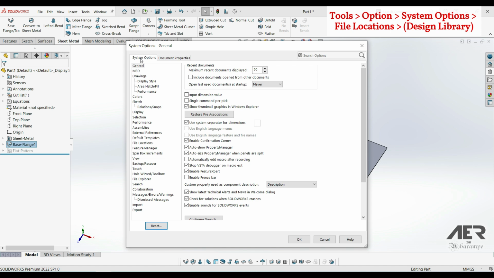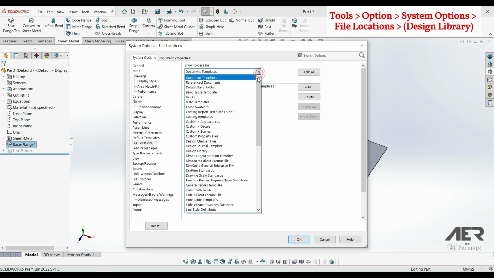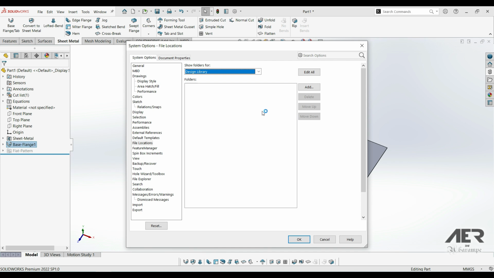then System Options, and then choose File Locations. Then for this drop down that says Show Folders For, let's click that and let's choose a design library. So we see here there's nothing under the design library. So we just need to add the folder where the design library is actually stored on our computer. To actually add the design library folder, just press the Add button, and then we need to find where the design library is on our computer. This is usually on our C drive in the program data under Solidworks, so we'll have a look for that now together. So click the Add button,